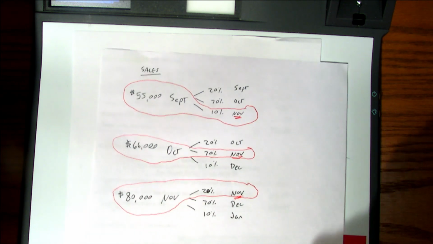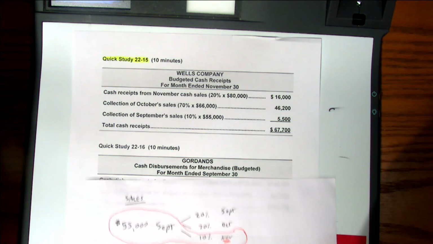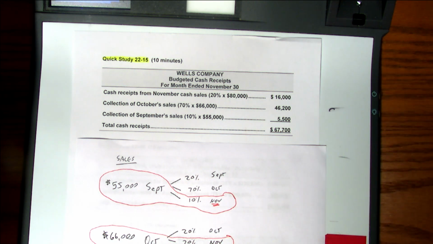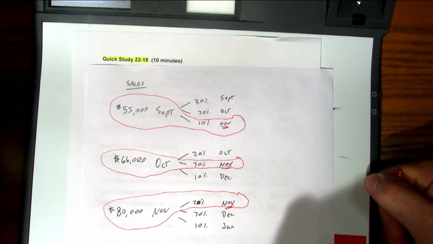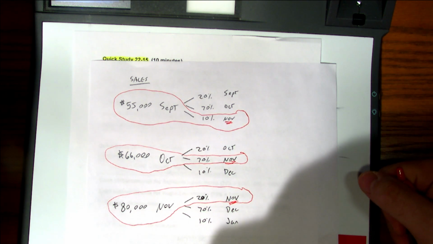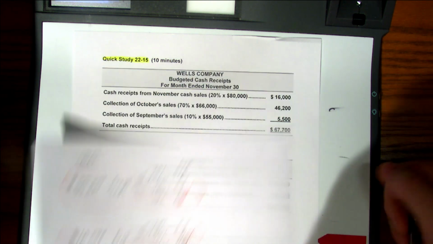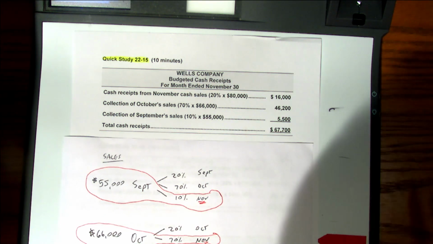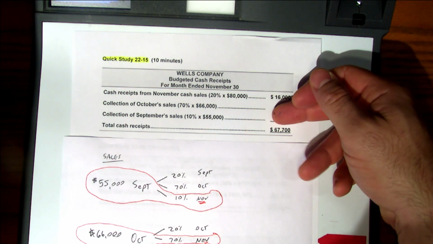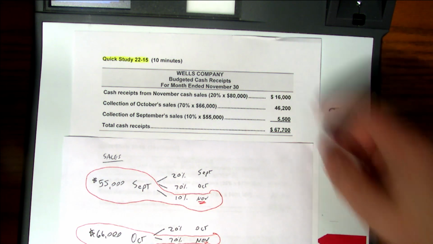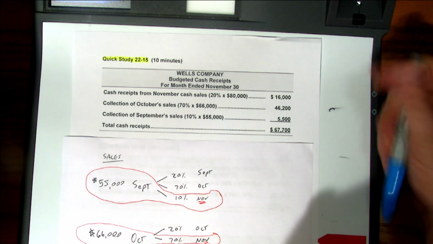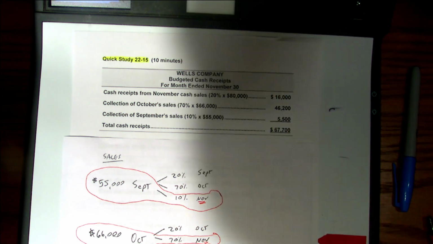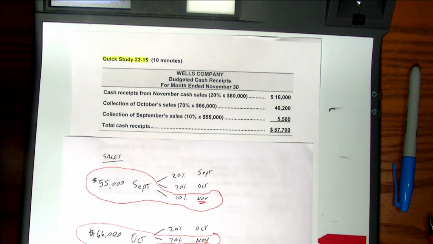But do you see how I utilize this information to make this budget? Understand? Now, maybe you're smarter than I am and you don't need to do this. I always get it mixed up. I have a tendency to get it backwards. So I found it easier if I just jot it down real quick. But this right here is something that somebody can understand. You're not just saying, well, our cash receipts are 67,700. No, that's going to be this collection pattern. You with me? Any questions on that, folks? Any questions?